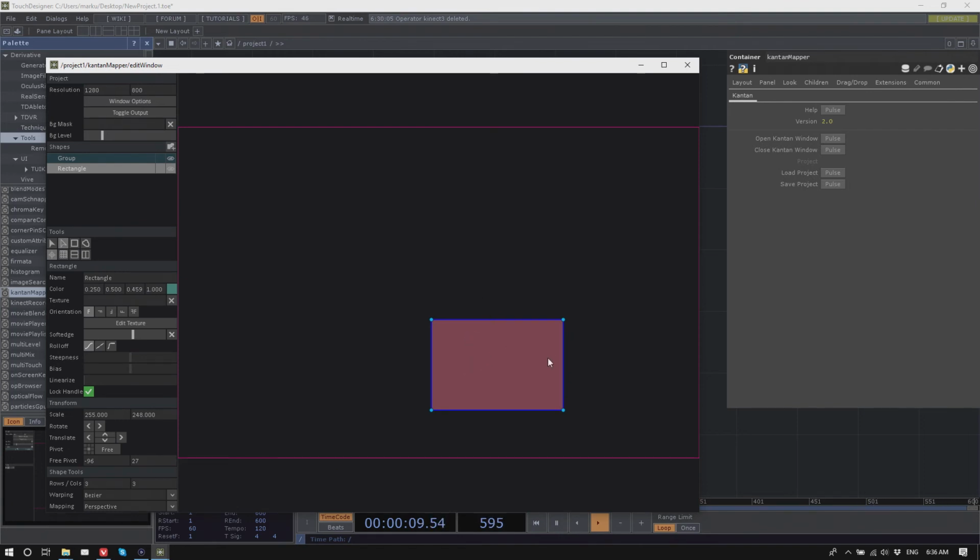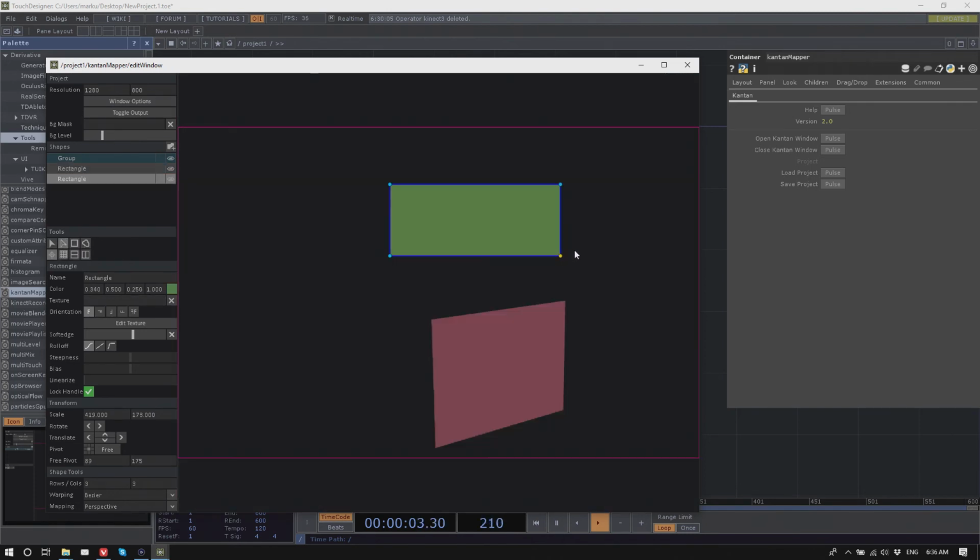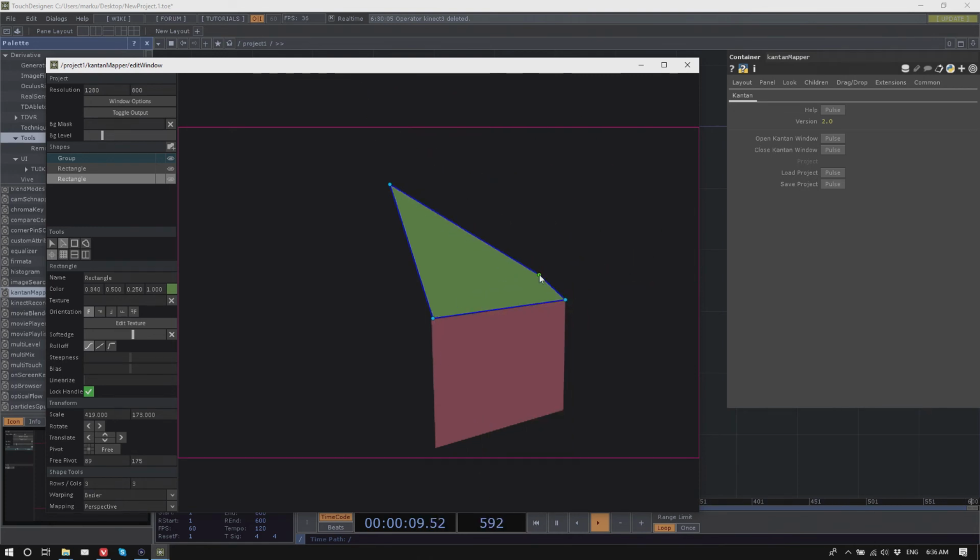And obviously this is not a rectangle on the box, so I can take these corners and just match these corners here, like that. And then I create another rectangle. I know that this won't fit properly, but I can basically put it here, probably here. So will it give you a top input for each surface? Yeah, exactly. And then the next step would be, where is it? Oh, here. Now.